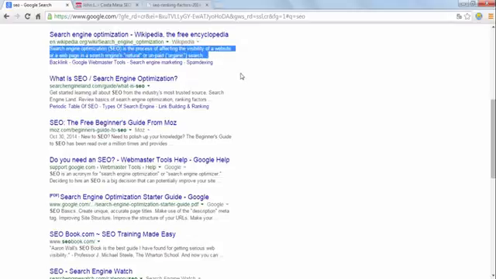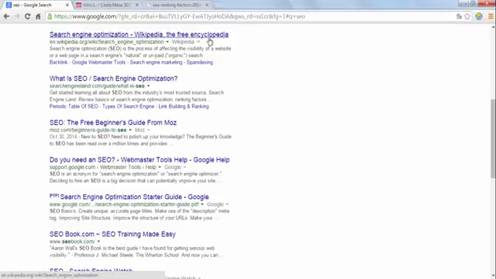I just did a search here for SEO. This two-line, about 155 character string of words is called the meta description. The part in bright blue up at the top would be called the meta title, in case you ever hear those terms. The meta description is particularly important because it determines click-through rate,